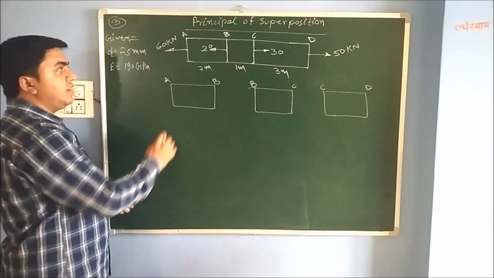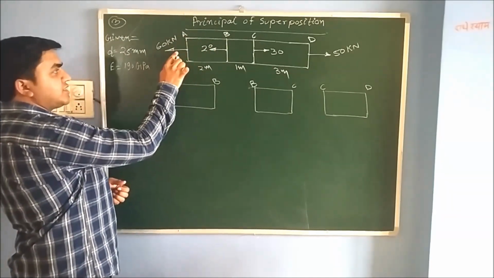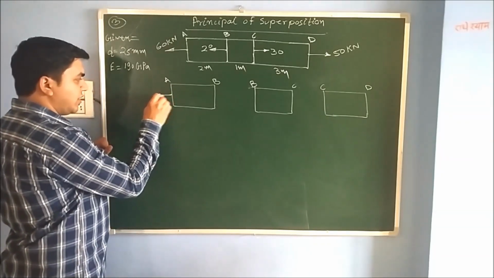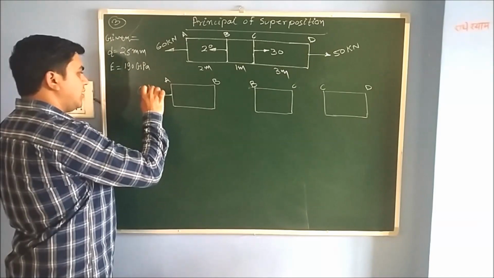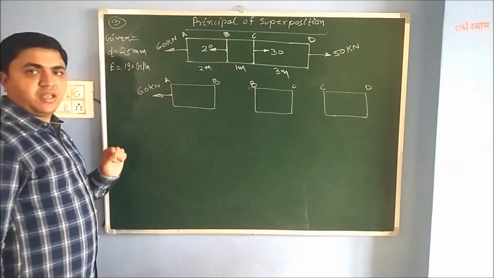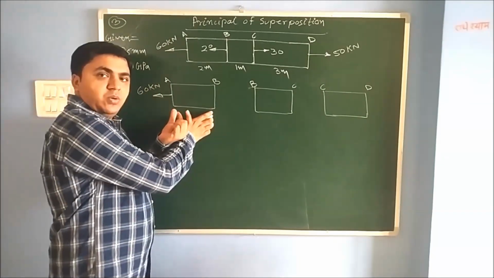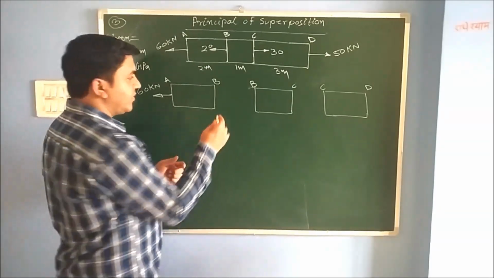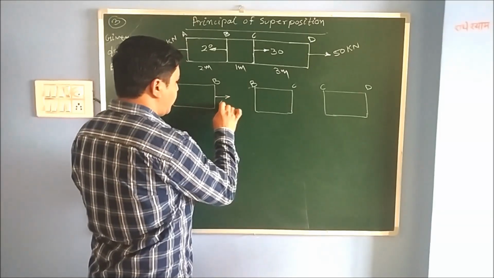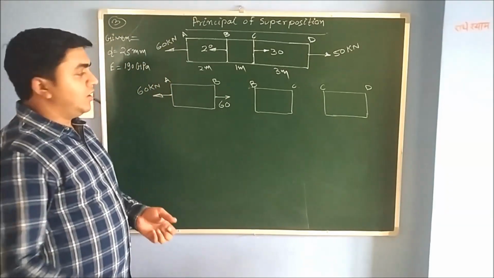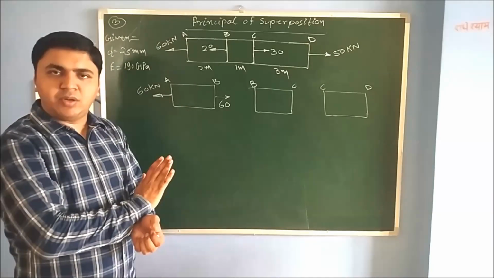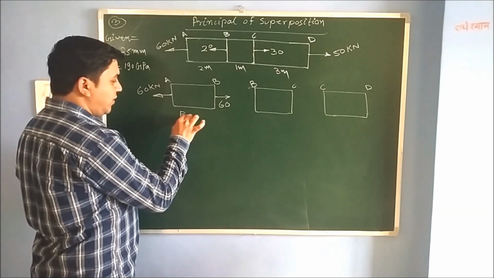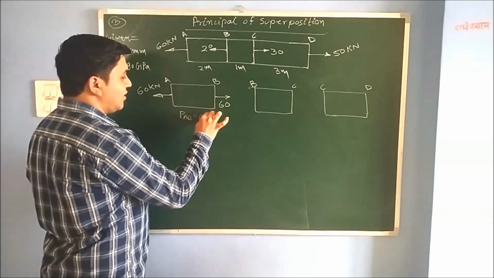So on this section AB, on point A, 60 kilonewton tensile force is acting. So I'll apply the value of 60 kilonewton here. 60 kilonewton I have applied on the section. So अगर आपको सेक्शन AB को इक्विलिब्रियम में मेंटेन करना है, तो यहाँ पे कितना लोड लगाना चाहिए आपको? 60 का. यहाँ पे अपन ने 60 का लोड लगा दिया. Now your section AB is in equilibrium, so the load acting on section AB is equal to 60 kilonewton.